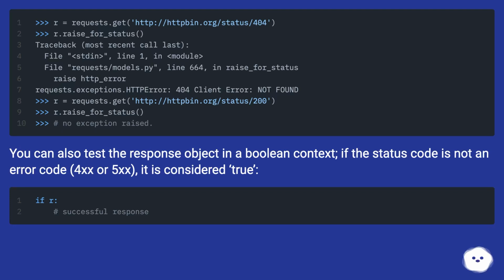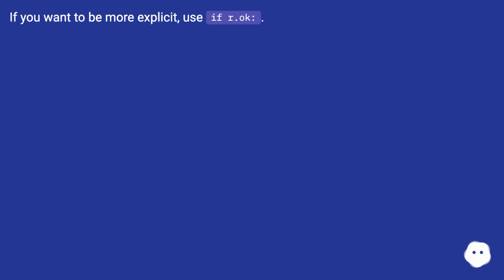You can also test the response object in a Boolean context. If the status code is not an error code, 4XX or 5XX, it is considered true. If you want to be more explicit, use if r.ok: